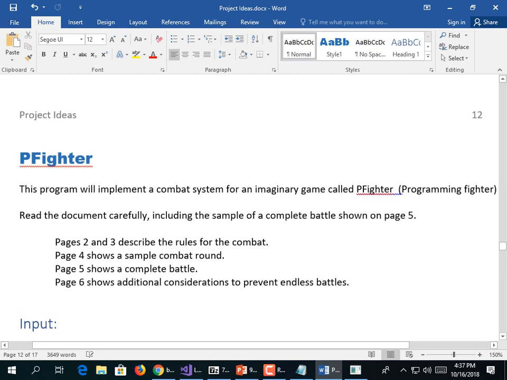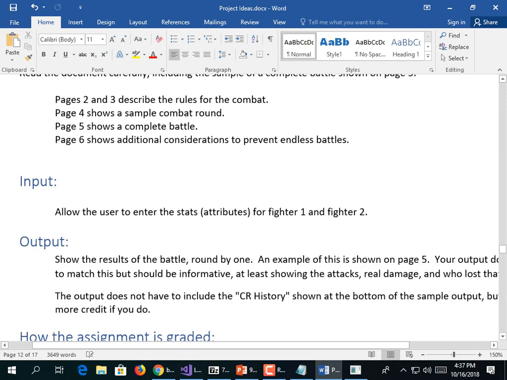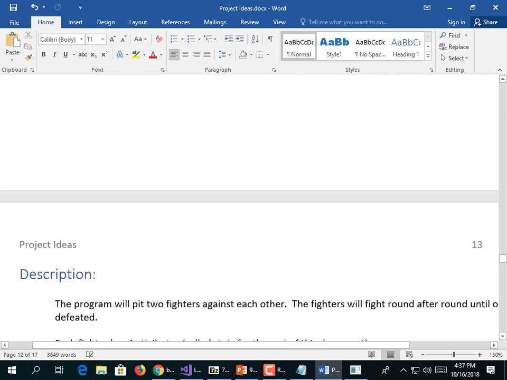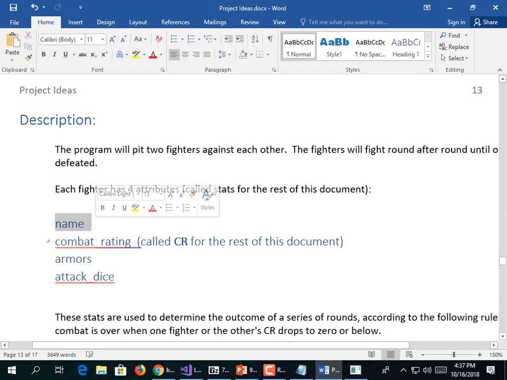Then one called P-Fighter. This is another long one, so I'm not going to explain it very well, but what you do is you enter the values for 2 fighters based on specific rules. Each fighter has a name, a combat rating, an armor rating. Why did I put armors? That should just be armor, huh? And then attack dice, right? And so CR